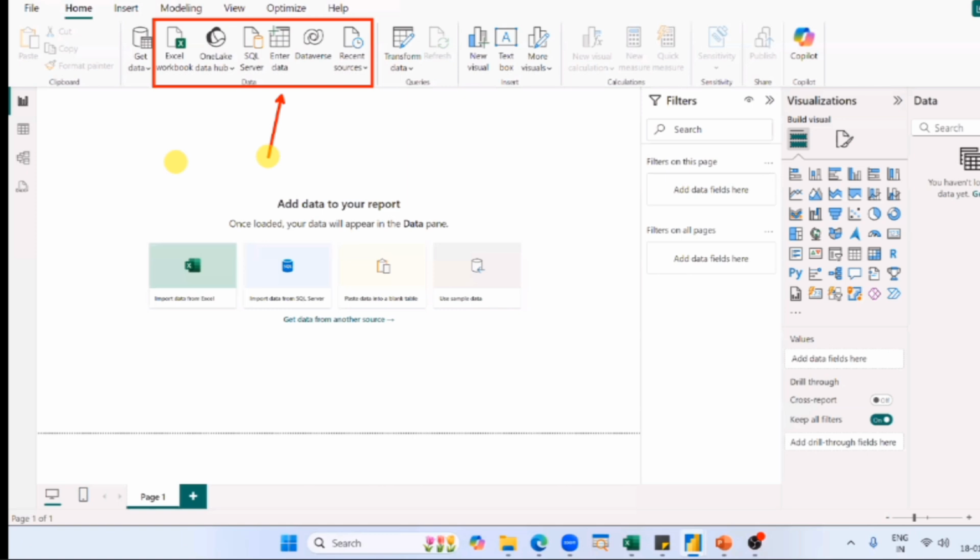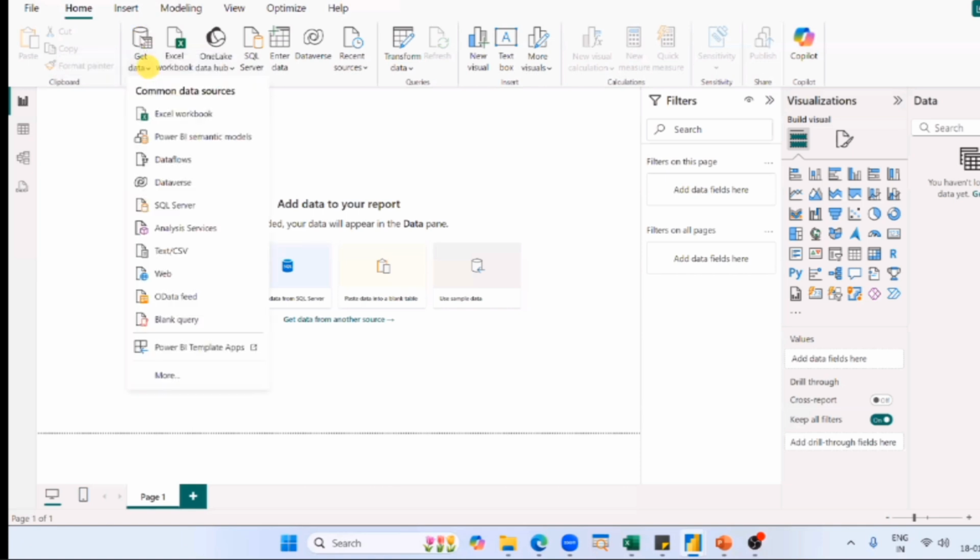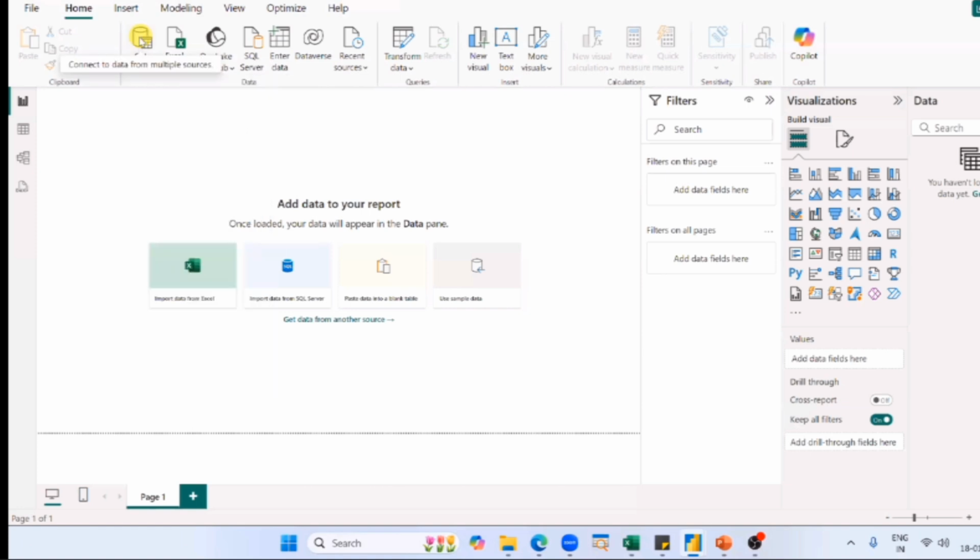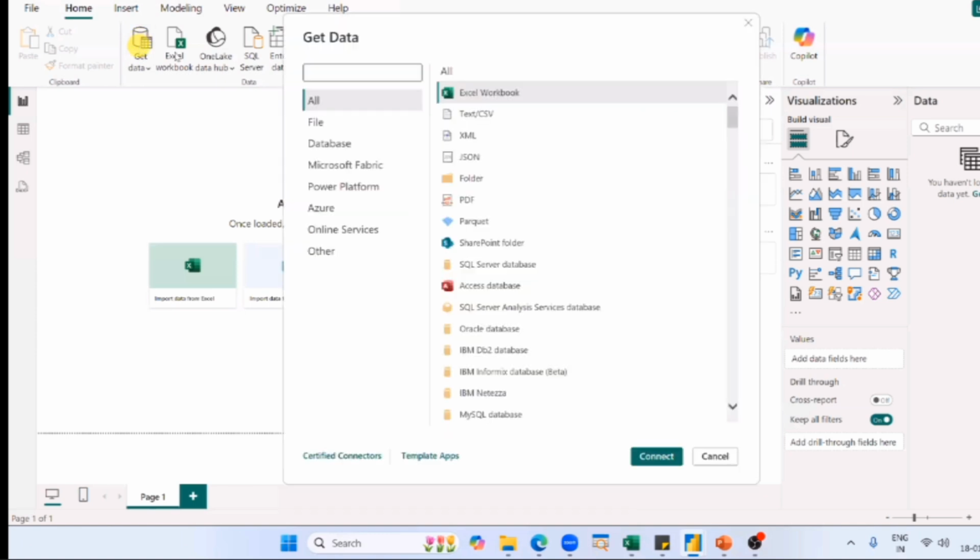But if you want to see the entire list, sir, I want to see where all can I get my data from, then you need to do this. You need to click on this button called Get Data. Don't click on the text. If you click on the text, this will open up. You don't want the drop down. You have to click on this button, or just see this button, guys, right here. You see this button? Just click on the button. That's it. When you click on the button, you will have a tab called Get Data,